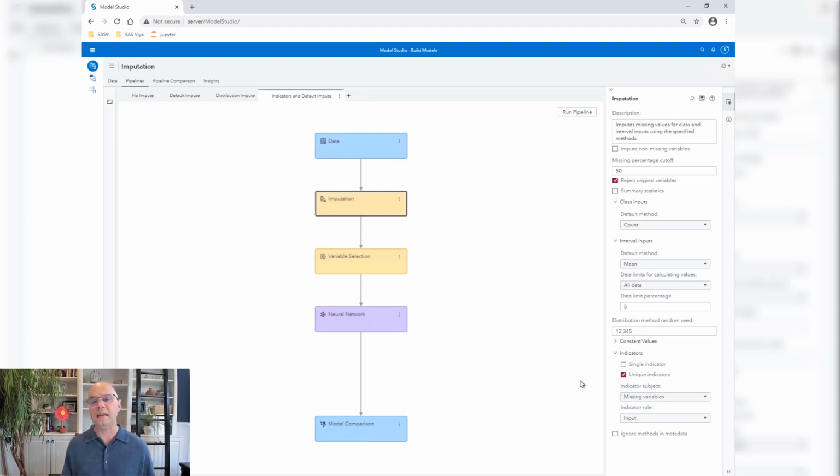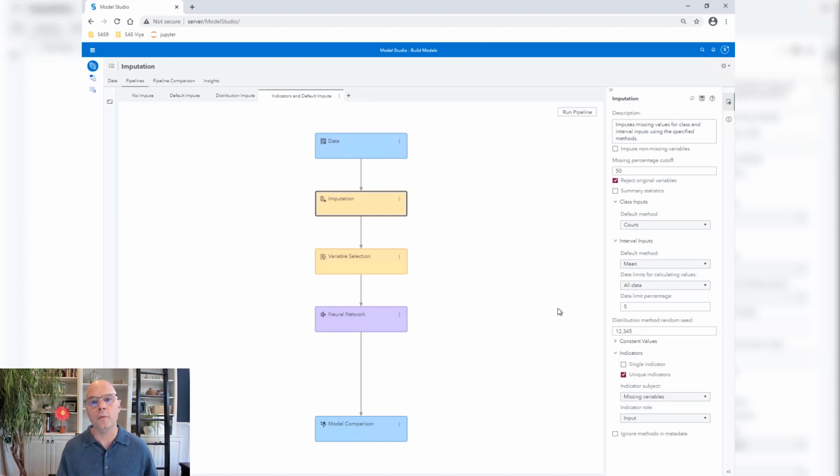I've asked for unique indicators to be created. That means for each individual variable where there's missingness, a corresponding indicator variable will be created. And also notice the role that I've assigned for these indicator variables, input. That means these missing value indicators are going to be fair game as we move forward in the analysis. They're input variables just like everything else.